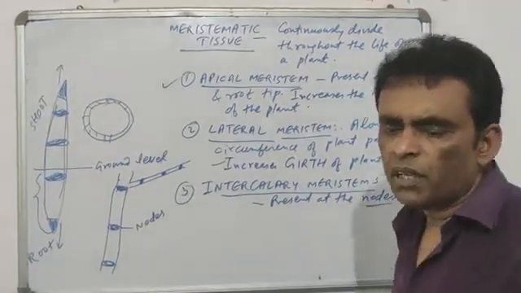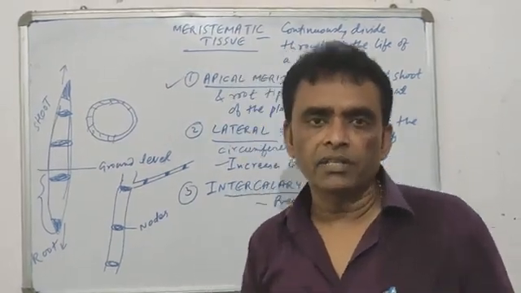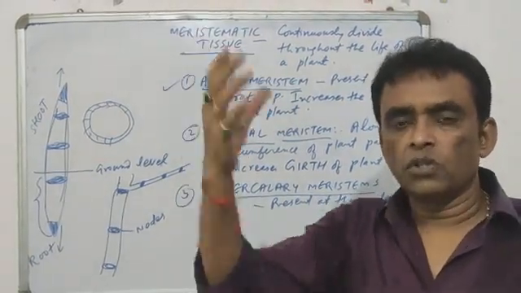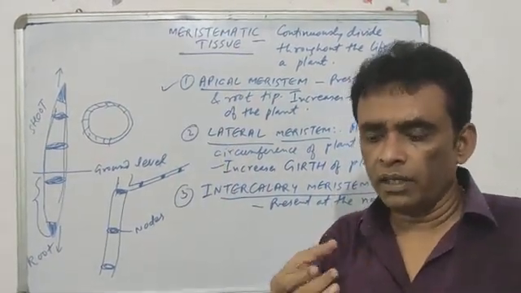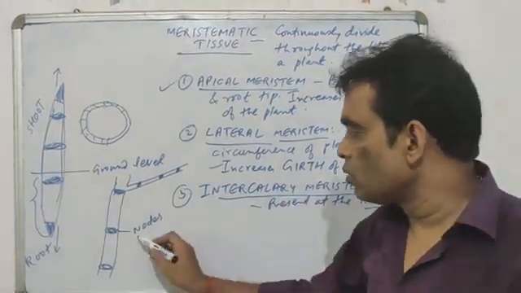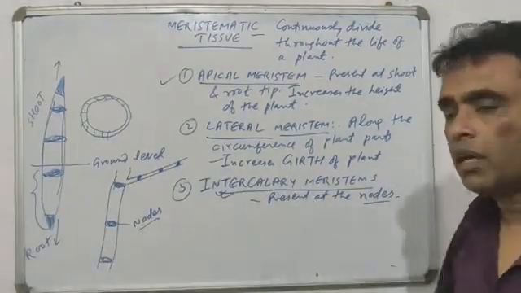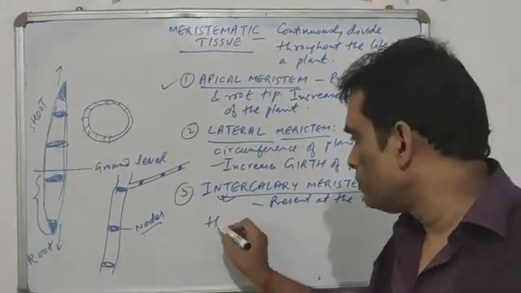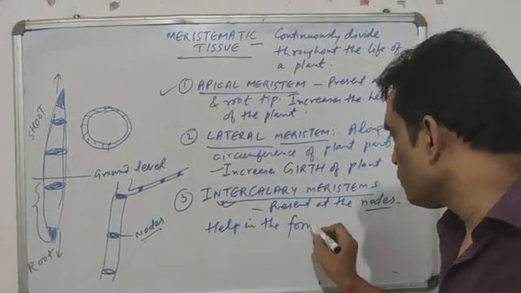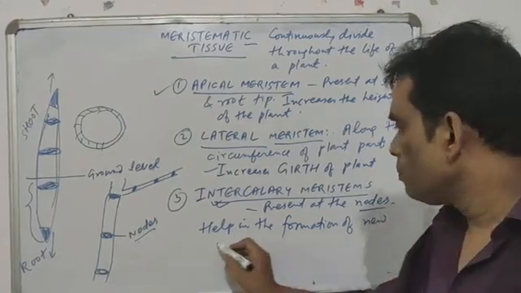Nodes are present in every plant, but it is clearly visible in certain plants, like say you might have seen bamboo. You have seen joints here and there. Sugar cane, गन्ना खाया, उसमें जहाँ तहाँ गांठ होता है. So those are the places called as nodes, and nodes are the places where intercalary meristems are found, and they help in the formation of new branches